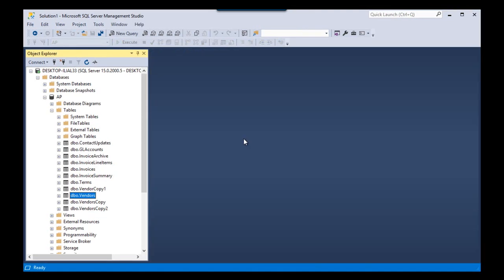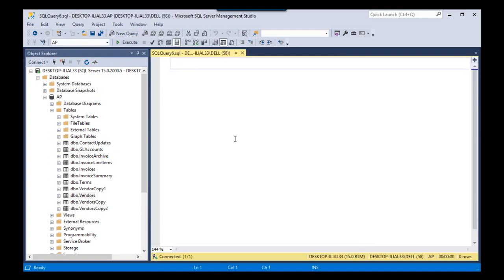Hello everyone, in this movie we will see how we can create a sample table with copies of data, and insert some rows into the sample table using the insert statement. For this purpose I have opened the accounts payable database, and then I'm going to create a copy of the invoices table. So select all